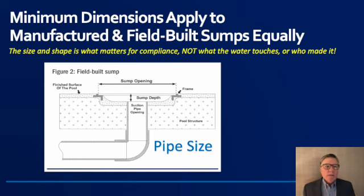So if a drain cover is tested over this shallow sump, it can be used on this sump or a deeper plastic one also. So the law allows for either. The key is to measure the sump. Doesn't matter what the water's touching. Okay, so